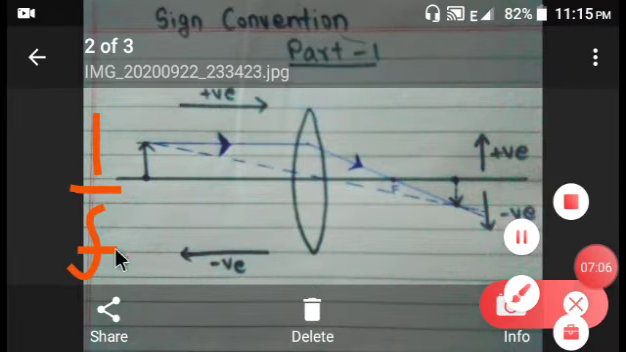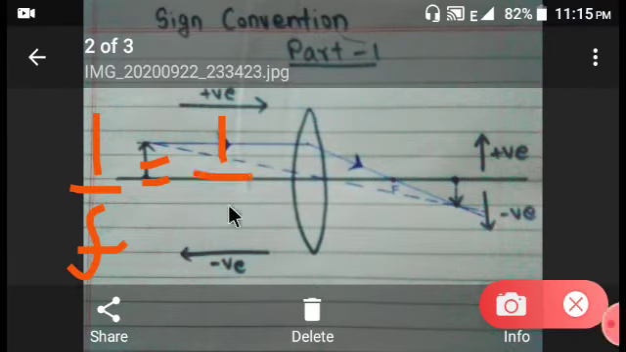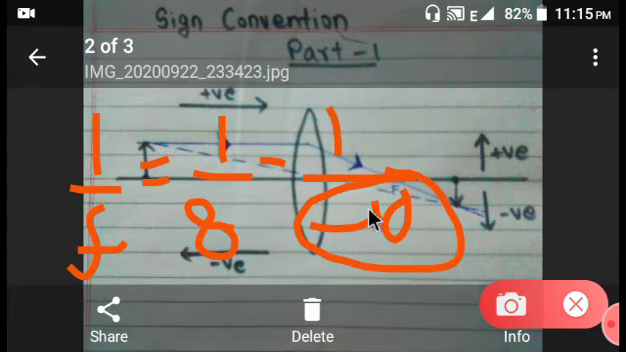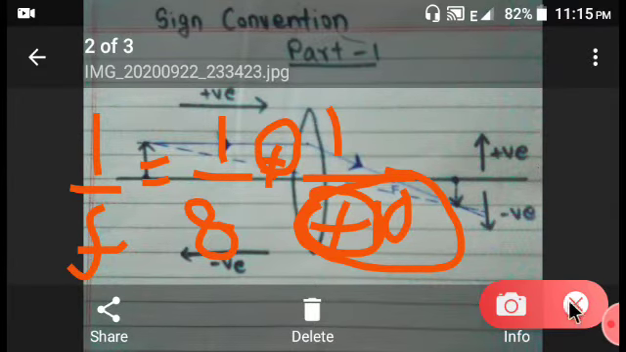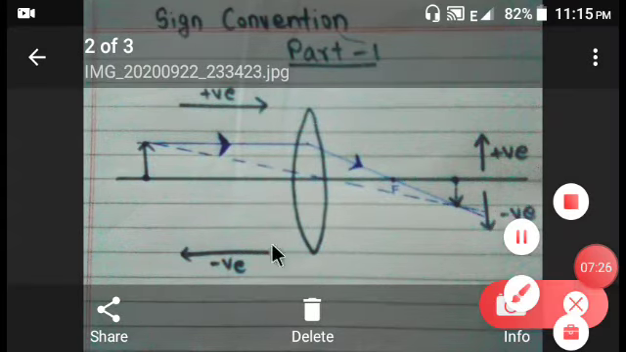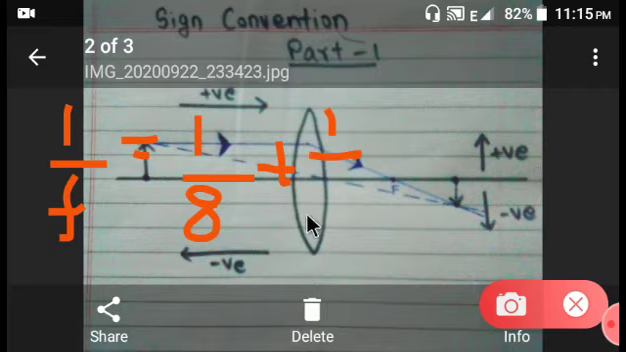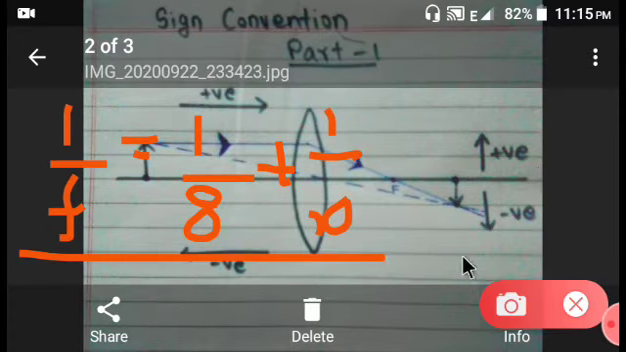1 by f is equal to 1 by 8 minus 1 by minus 10, right? Here is a minus and here is also a minus, so minus into minus gets cancelled out and it becomes plus. So 1 by f is equal to 1 by 8 plus 1 by 10, and after solving